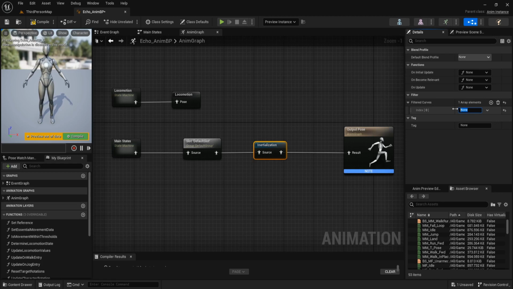First name is move data speed, and the second is move data walk rotation delta.